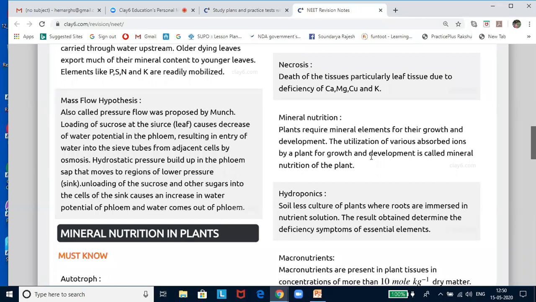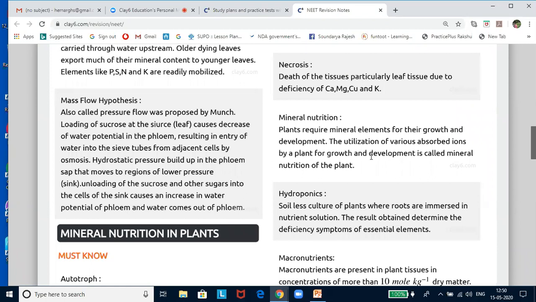Now let us look into phloem transport of food. Sucrose is the main food transported by the vascular tissue, that is phloem, from the source, that is the leaf, to sink where the food is needed. The source sink relationship is variable due to season and needs. The direction of movement in the phloem can be upwards or downwards, that is bidirectional. In xylem, you should remember the movement of water is always unidirectional, that is upwards. Phloem transports mainly water and sucrose as sap, but also translocates other sugars, hormones, and amino acids.